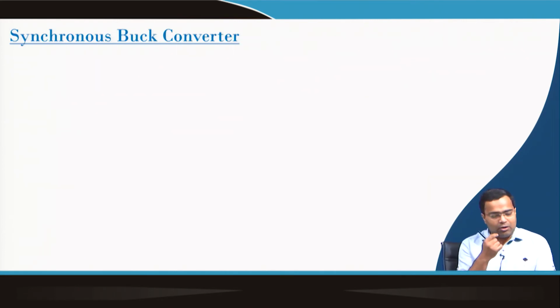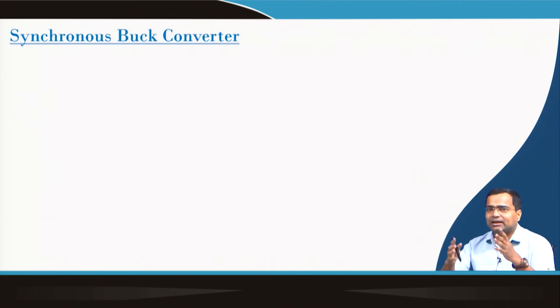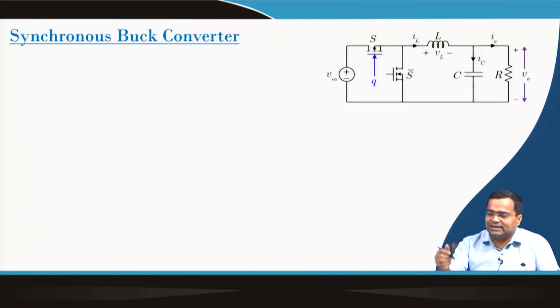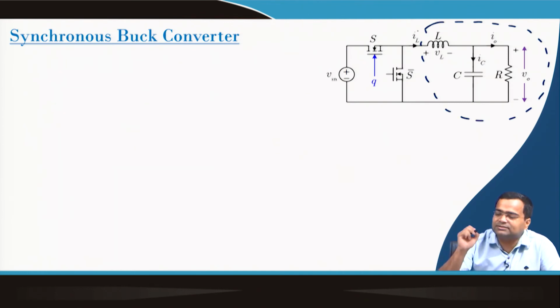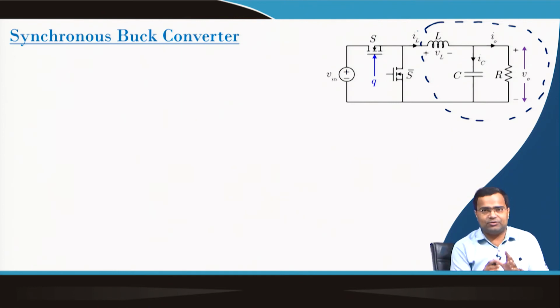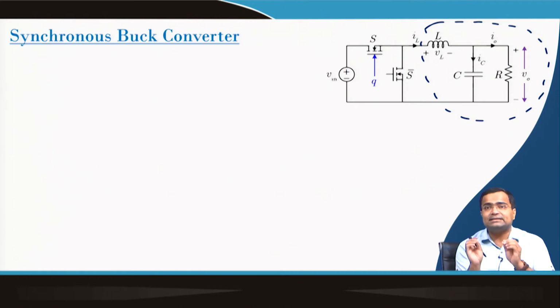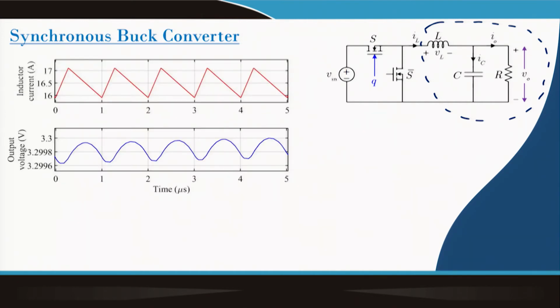Okay. Now, we have learned about the parallel RLC circuit with practical parasitics, and I will show you how nicely we can connect this with the switching converter. If we take a buck converter, you will see this RLC branch looks like the parallel RLC branch we saw in the earlier example, and we can replace L and C with their practical parasitics. The switches in this case are actually not ideal switches.